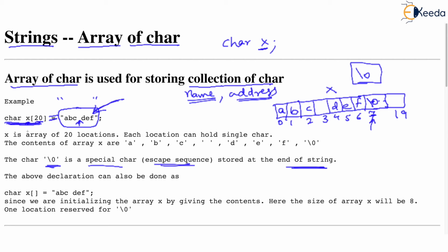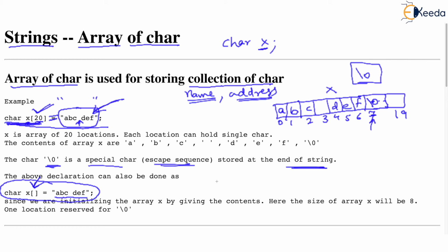Now the same declaration, you see what you have done is, while declaring this, you declared array of size 20. Observe where I am ticking. And then you are storing ABC space DEF. Well, the same declaration could be done by writing char x square bracket. Now notice, in this declaration you are not writing the size. It is meaningful not to write the size, how many elements x should have, because anyway you are giving the elements, isn't it?